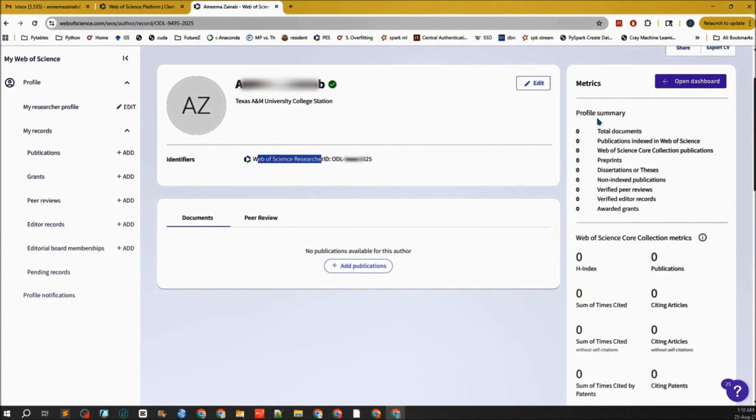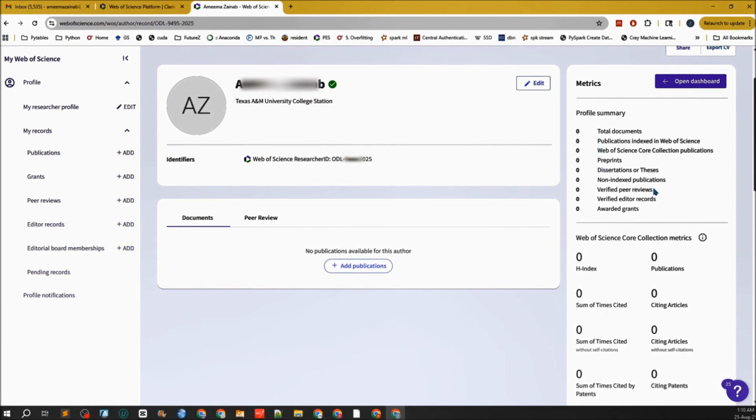So it's going to show how many publications are indexed in Web of Science. Currently it's 0. After the publications that you have done are verified, this number will jump to 18, because we have already added 18 publications to this person's profile. And